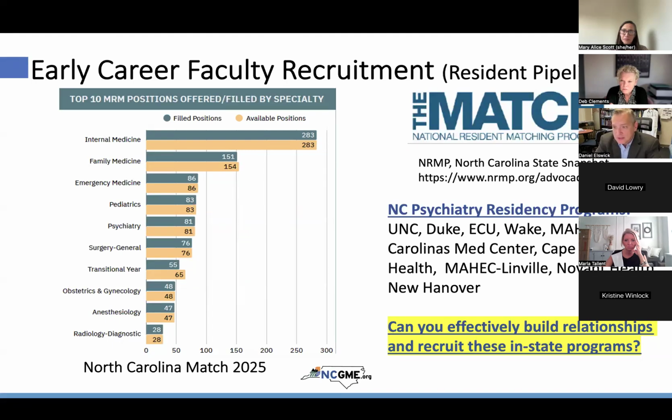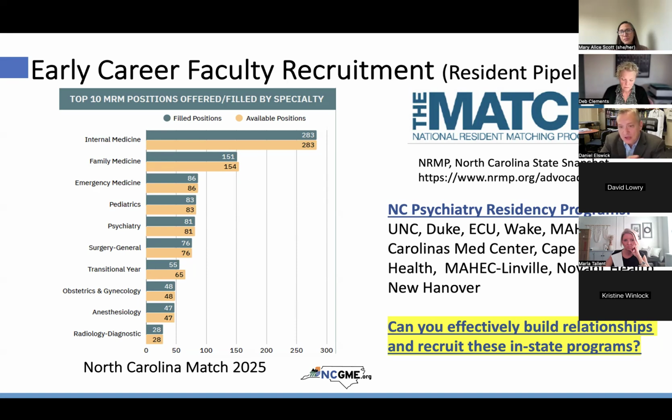in some capacity? Those are things that, obviously as a program director, I can be very protectionist about who I let in and out of my resident area and those sort of things. But usually for a valid in-state recruiting process and something that say NCGME can help with, there's ways to reach out to family medicine programs, OB programs to try to build those relationships. One of the best things you can do if you're in a hospital system or in a clinic where you have a former grad of that program, find a way to get them back. If they're an ECU grad, have them see if they can go give just a